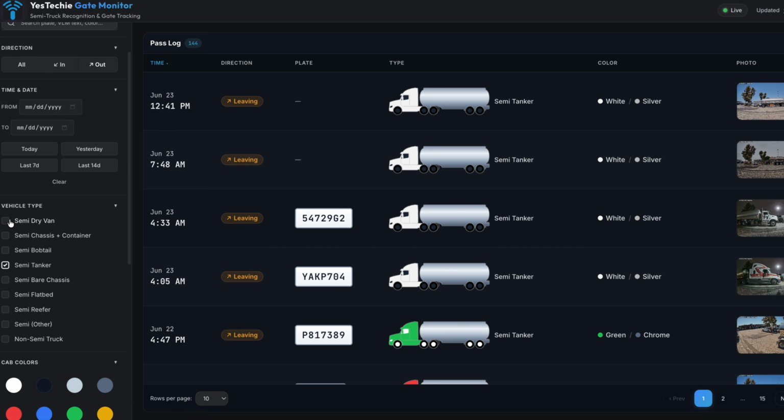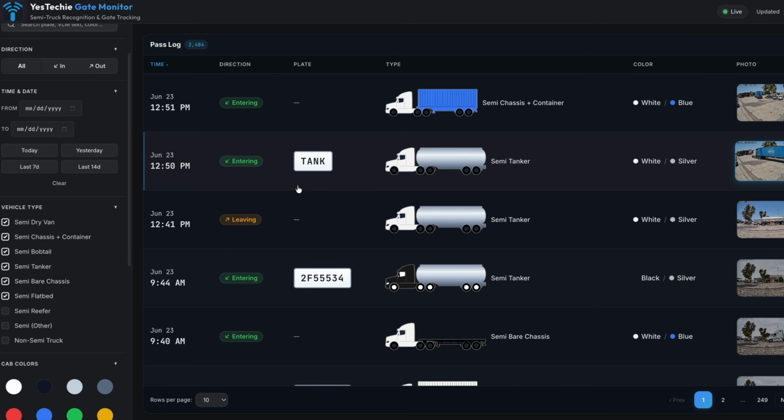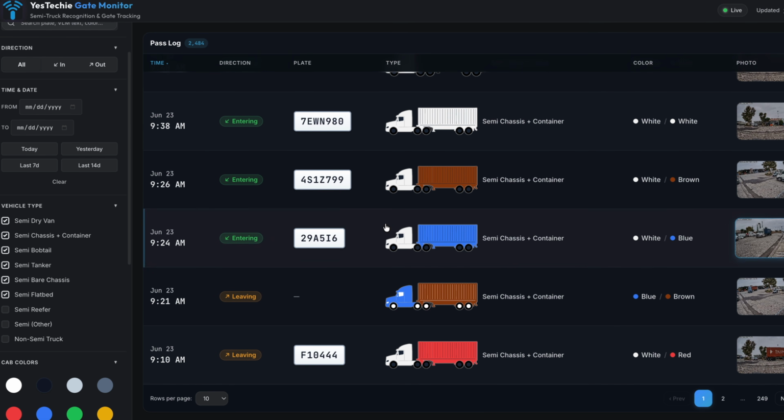Also, the system can recognize the color of the bobtail itself and the container, and the type of attachment. And you can see all the timeline,